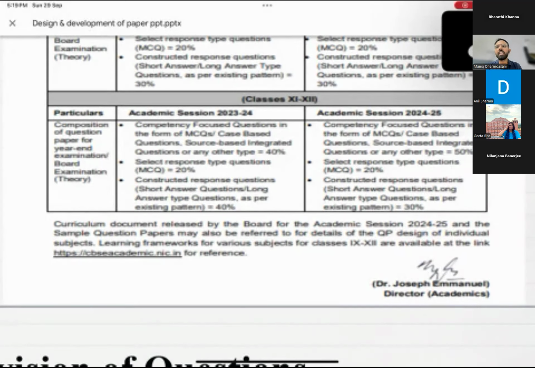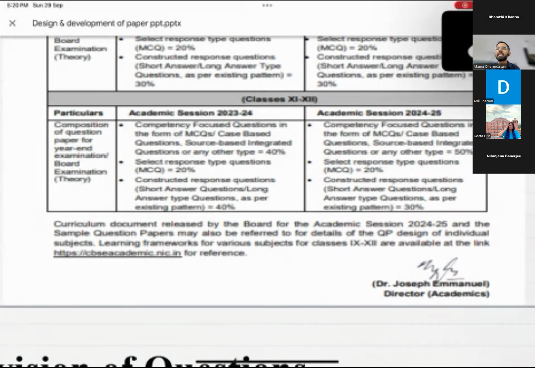according to the CBSE NEP policy, or new national education policy, CBSE has given students a platform to put their creative answers, or their writing capabilities, into a more practical approach. This category, CRQs, constructed response questions, which was earlier 40%, in which CBSE used to give short answers and long answers, used to be very subjective earlier. Because of the subjective nature, the main criterion was rote learning. Students used to learn the questions, and in the same manner write the answers given in the book only.